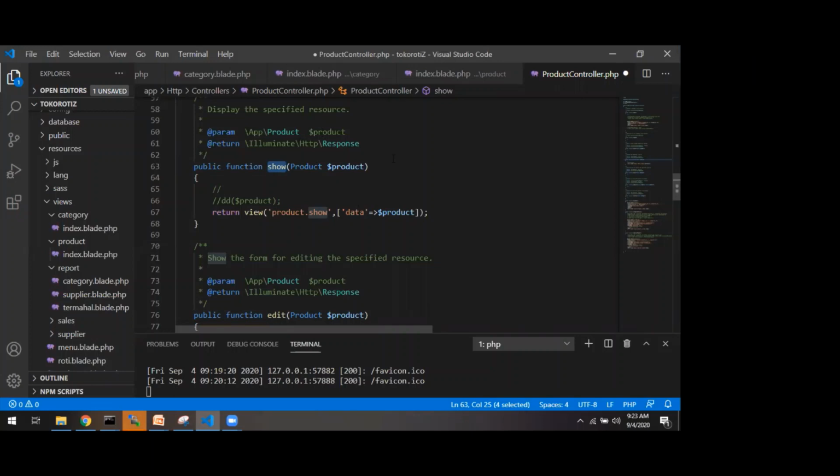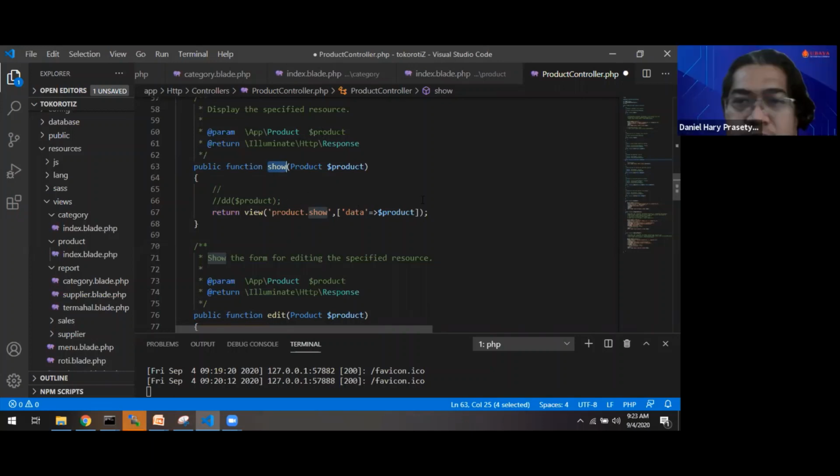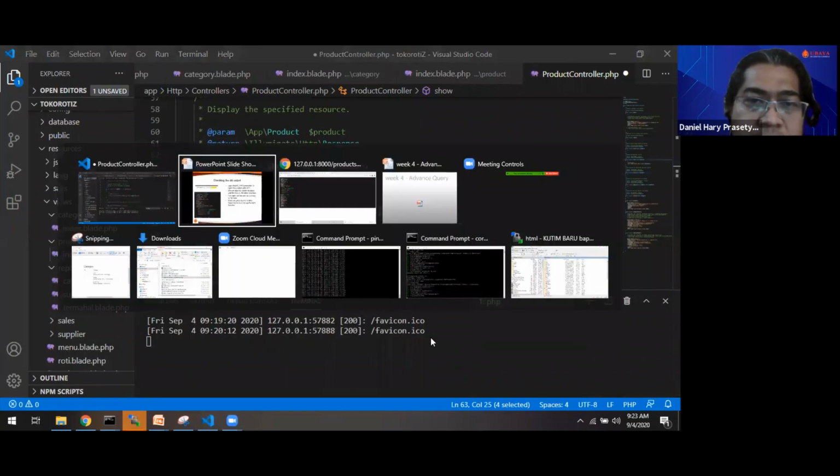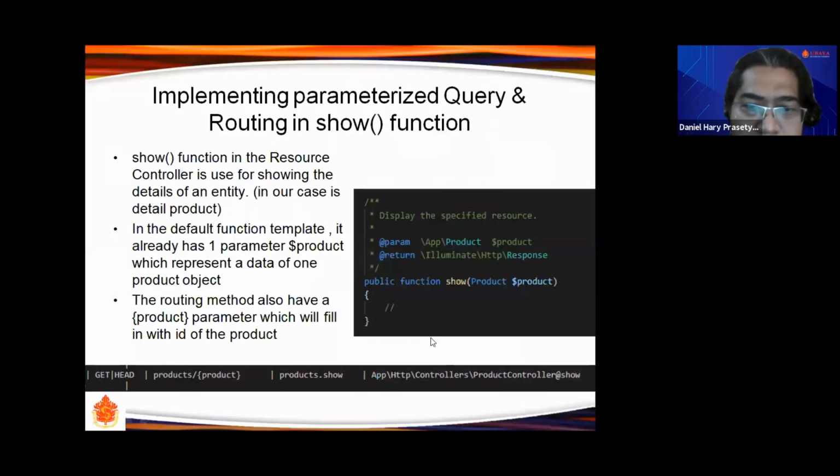In our previous class, resource has eight routings, and we can see them with the route list. We can see that we already have products / something. The something is the key, the ID of the product, and automatically we get the product object, the data in one record.